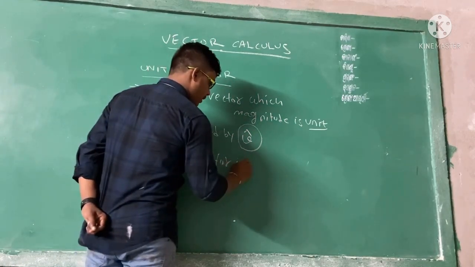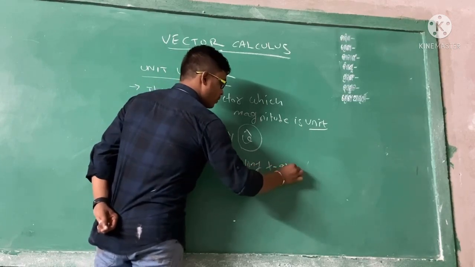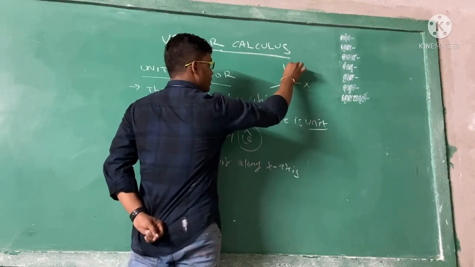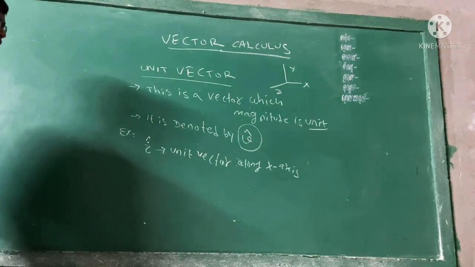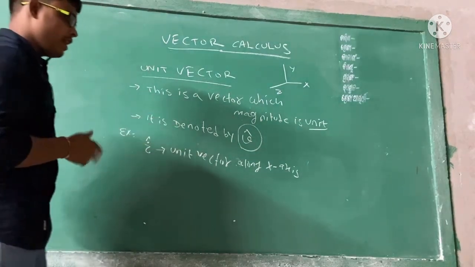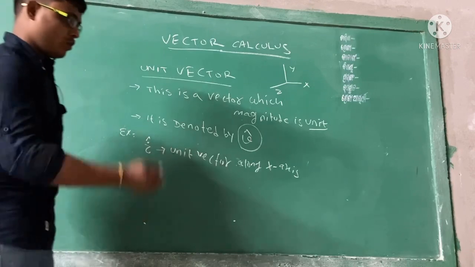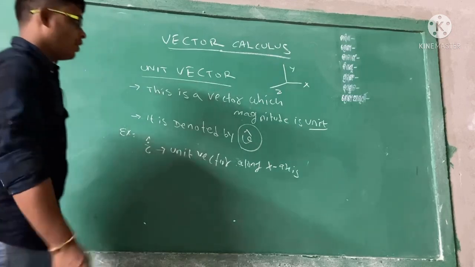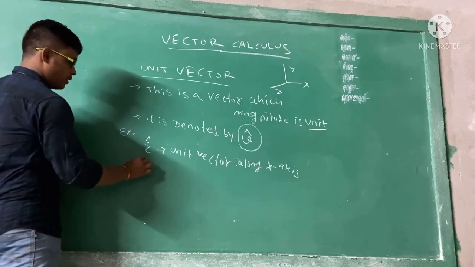So remember, a unit vector is a vector which has magnitude 1. There are 3 types of unit vectors. In the general case, to represent a vector, we need these unit vectors. So first of all is the i cap. What is the i cap? Now i cap is the unit vector along the x-axis. Look at the corner: one is the x-axis, another is the y-axis, and another is the z-axis. The upward one is the z-axis, and in the plane there are the x and y axes. So if a particle is moving along the x-axis, we can denote its unit vector as i cap.